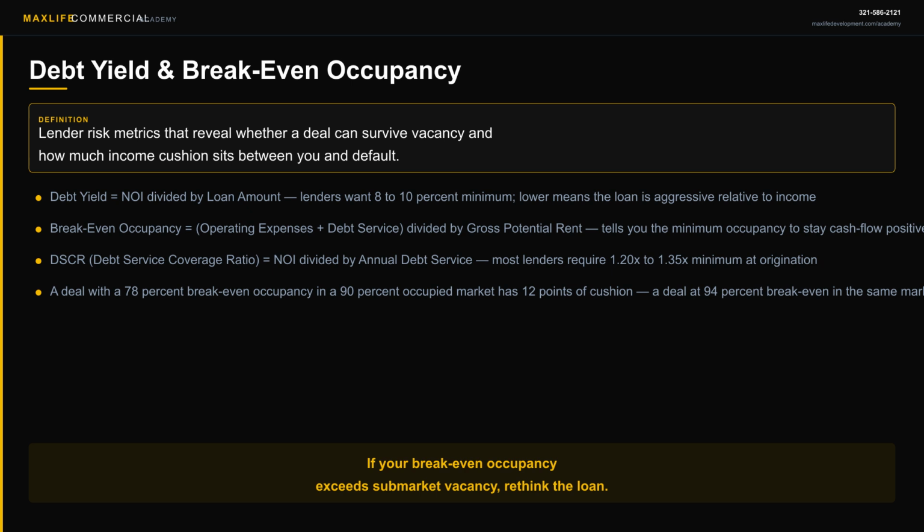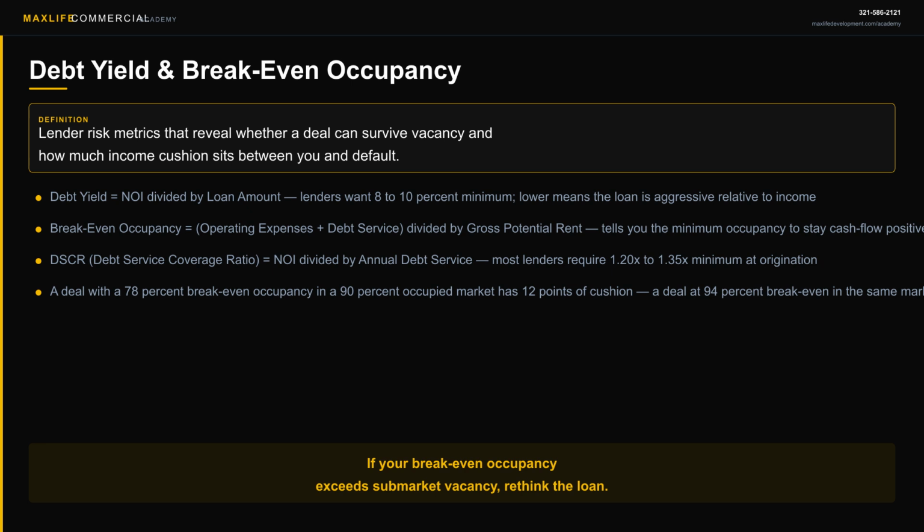If a property generates $300,000 in NOI and you're borrowing $3.5 million, your debt yield is 8.6%. Most institutional lenders today want to see debt yield above 8 to 10%. Unlike LTV, debt yield doesn't depend on an appraisal. It's a pure income test. A low debt yield tells the lender that the loan is heavily underwritten relative to the income the property actually